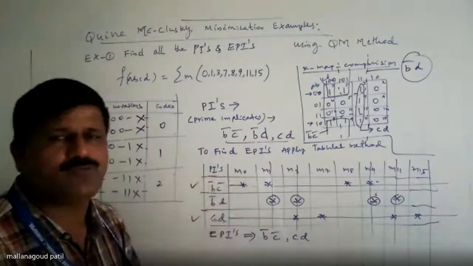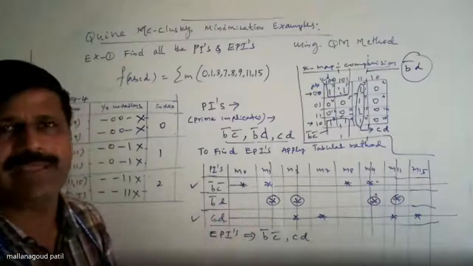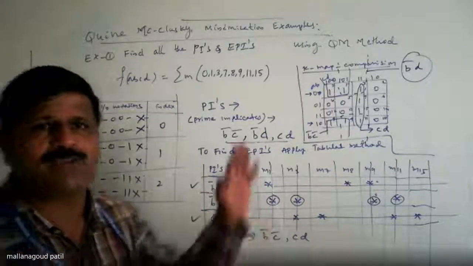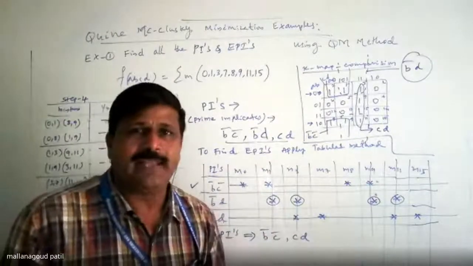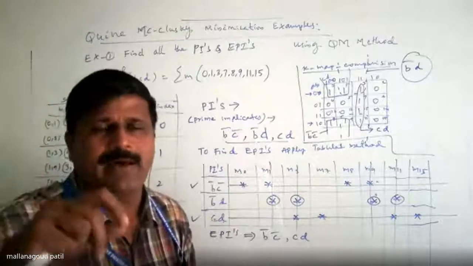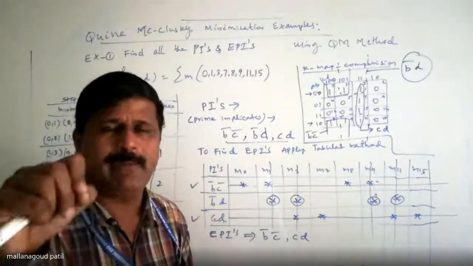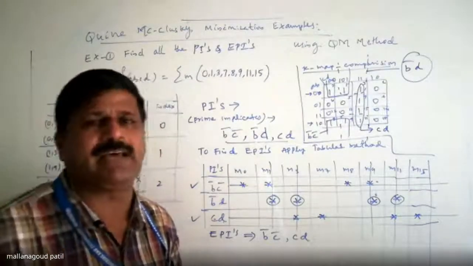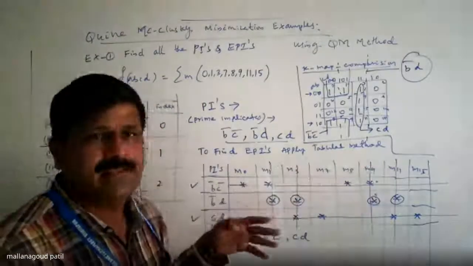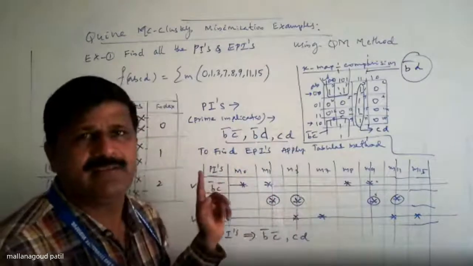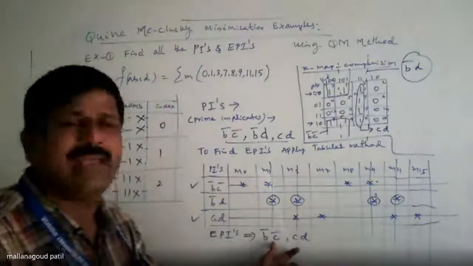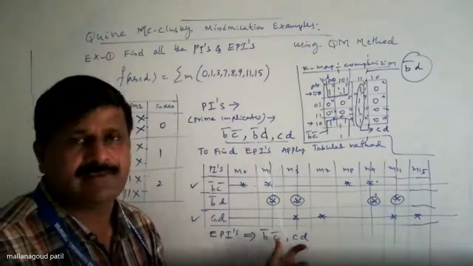Then the PIs and EPIs will be the same. But one smart student will tell, if suppose the PIs are fewer here, sometimes PIs will be 10. Take one example, in a vertical, 10 comes. Then among those 10, which minimum horizontal lines cover all the min terms? This is very much important. Minimum horizontal lines covering all the min terms, that is smartness. That smartness will reduce the function.